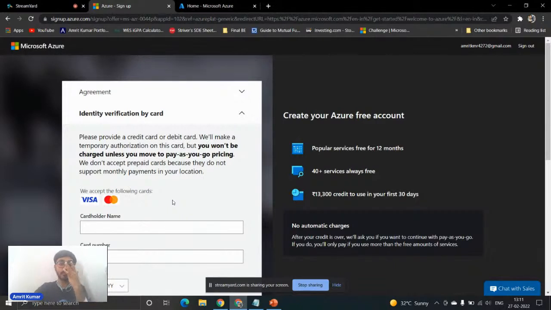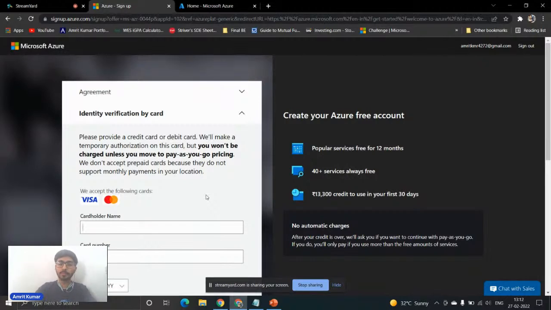If you have a credit card, then it's good. Mostly what I have experienced is that credit cards are easily accepted by Azure. If you have a credit card with international payments or auto pay enabled, then Azure will easily accept your card details and you can go through it.